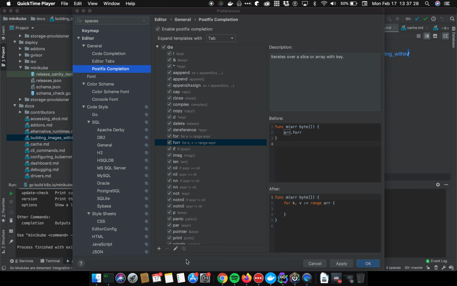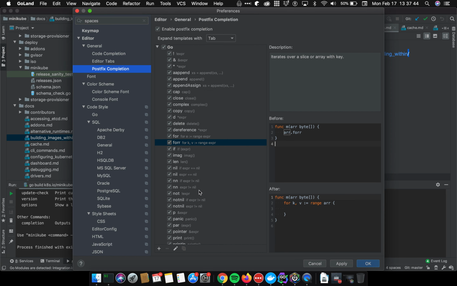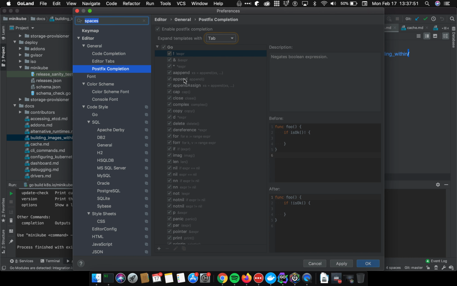Okay, so I was just checking out the Minikube source to work on becoming a Minikube contributor, and I figured, hey, this is a Go project. Why not go into a Go IDE? So I did, and I just wanted to show off that, while setting up my preferences in GoLand, which is a JetBrains IDE,